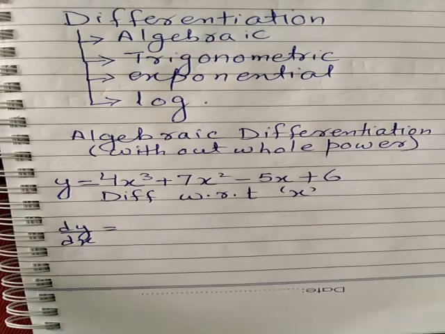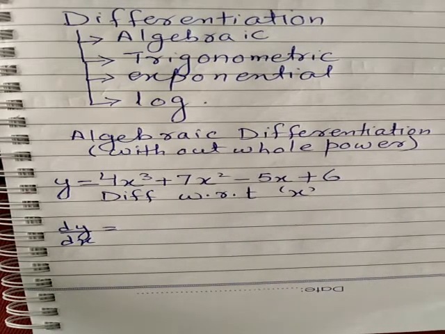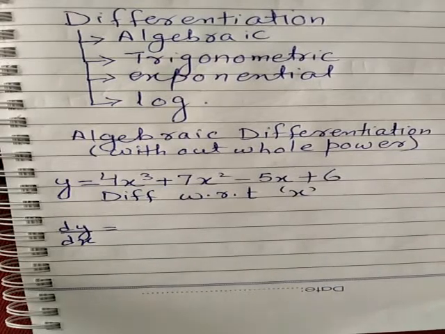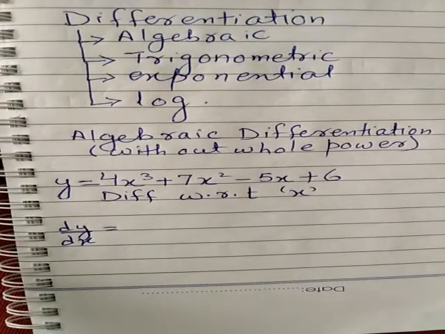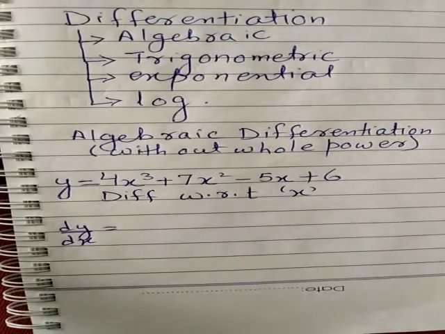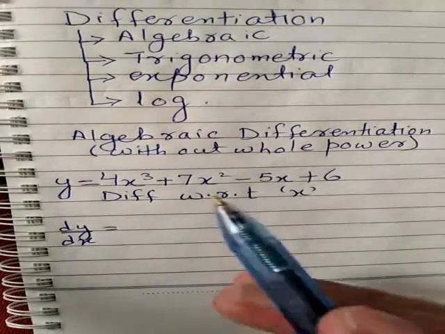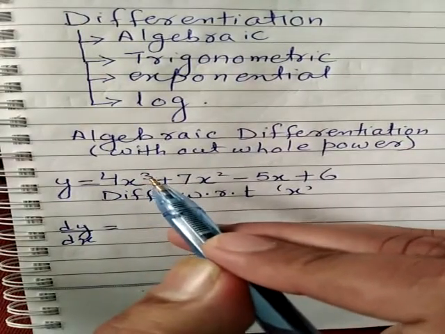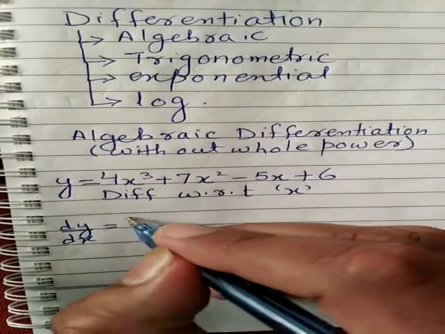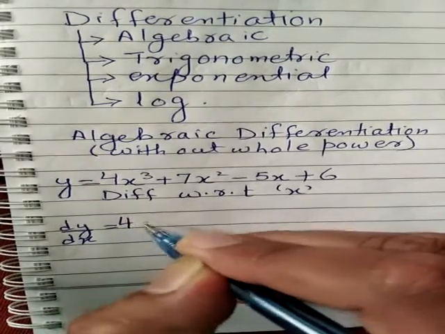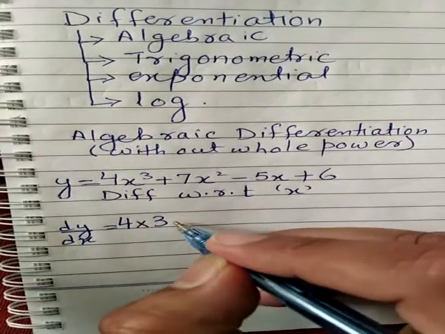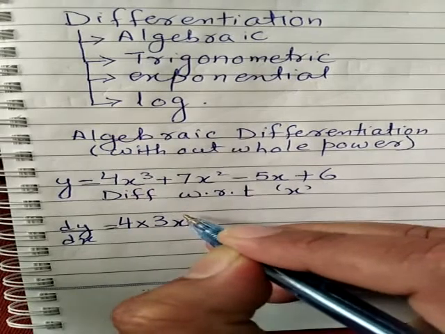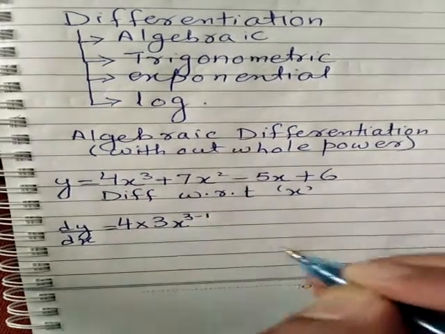Again, the step is: power of variable will be multiplied by coefficient and then power will be reduced by 1. This is what we are going to do in all the terms over here. You can see in every term there is only one x. Over here, what is the power of x? That is 3. 3 multiplied by 4 is 12: 4, that is the coefficient, multiplied by 3, that is the power of x, and then the power will be reduced by 1.